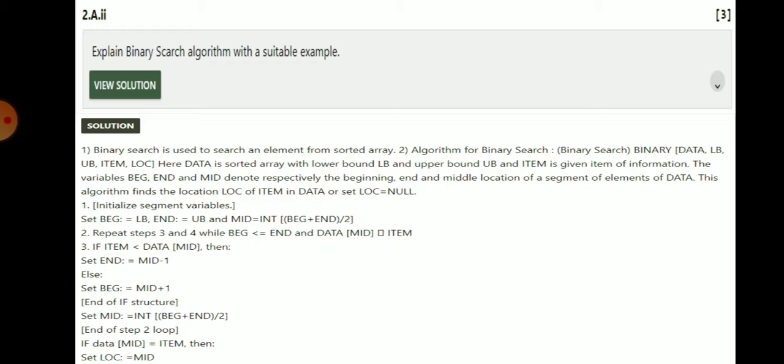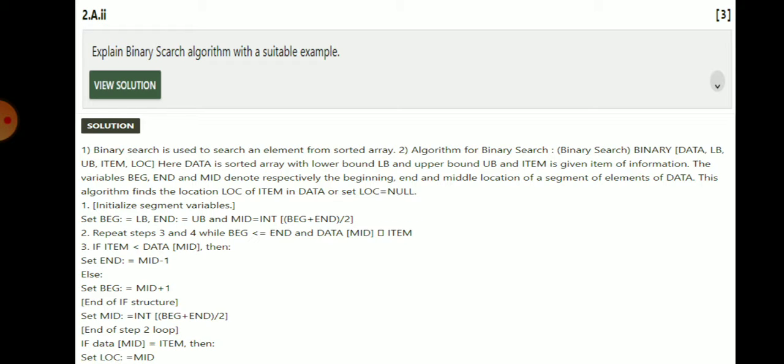This algorithm finds the location LOC of ITEM in DATA or sets LOC = NULL. First, initialize segment variables: set BEG = LB, END = UB and MID = INT((BEG + END) / 2).